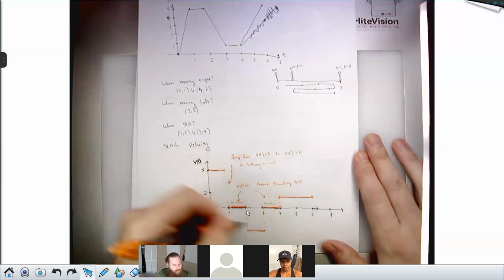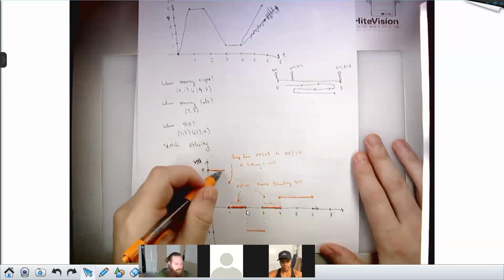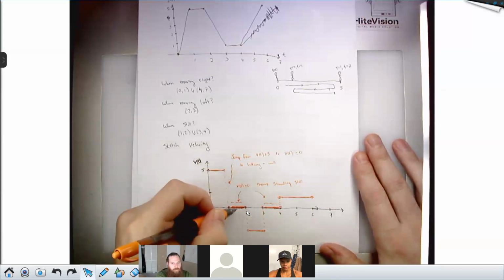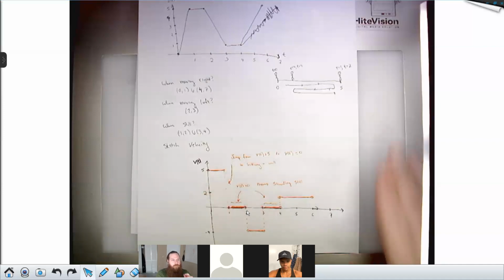But the jumps here are like hitting a wall or getting up and running really fast. My velocity goes from 5 down to 0. That means I was moving and then all of a sudden I'm not moving. Or I was not moving and then all of a sudden I am moving. Yes, exactly, transition points. Not necessarily meaning we're holding still, just meaning we're changing our velocity. It's a good analogy for this.